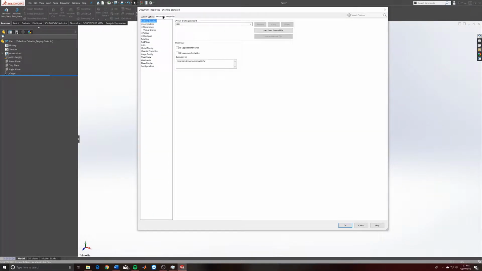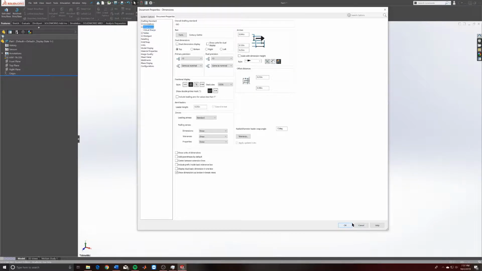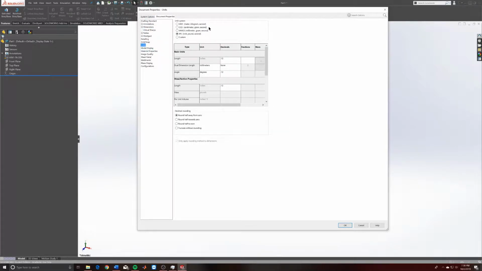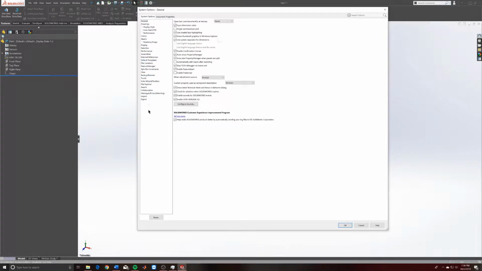Other than that, in document properties, yeah, tables, this stuff is later on. This is all for, yeah, that's not really important. I'd say units is your most important thing that you're going to want to use right away at the beginning. So make sure that you're using whatever you want. And then in system options, there's also